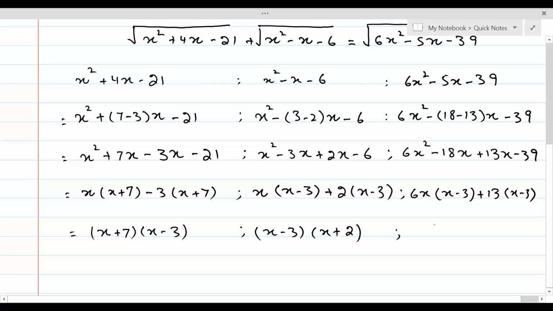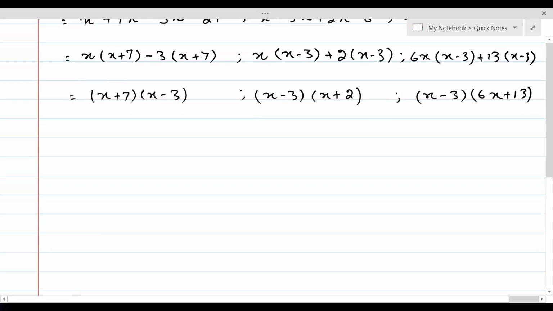So here we have two factors, x minus 3 times 6x plus 13. So all the expressions have been factorized. Let's put the values back. This will give us square root of x minus 3 times x plus 7,